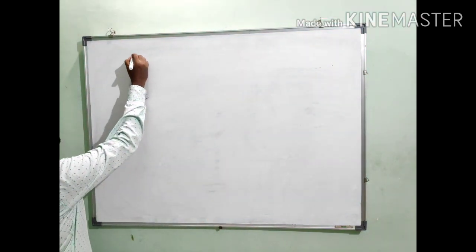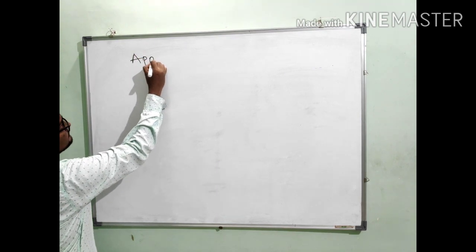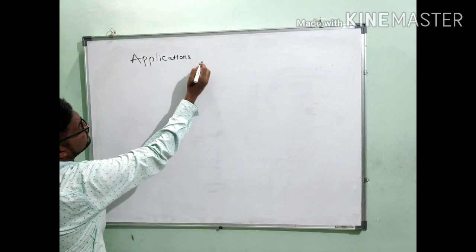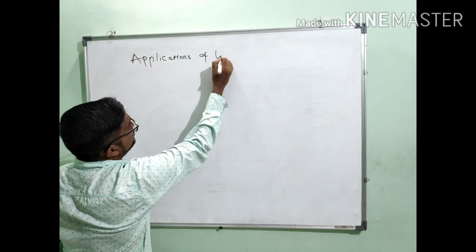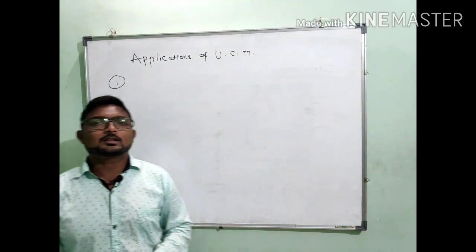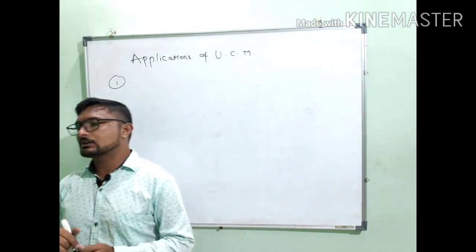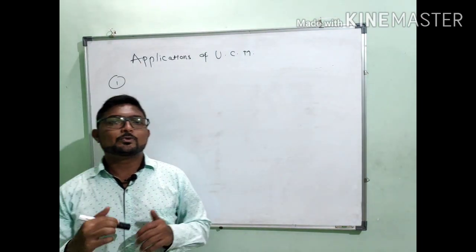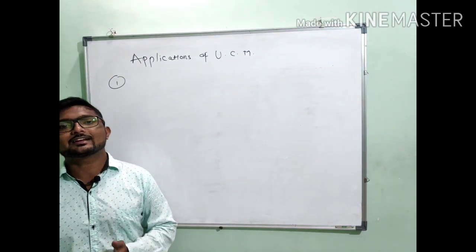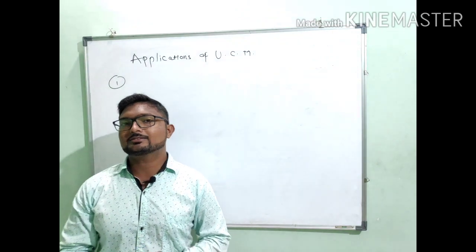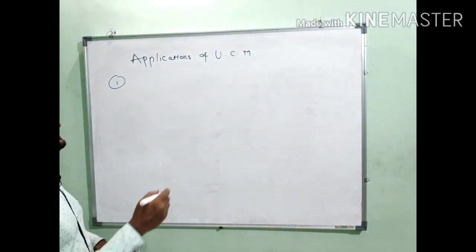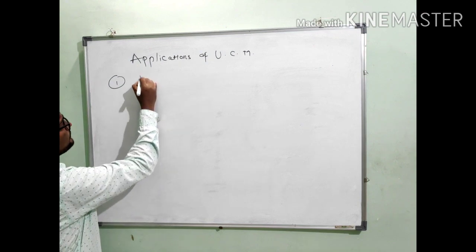So let us talk about the applications of uniform circular motion. There are three applications. First is vehicle on a circular track, that is a horizontal circular track. Second is well of death, and third is vehicle on a banked road. So let us see first, vehicle on a